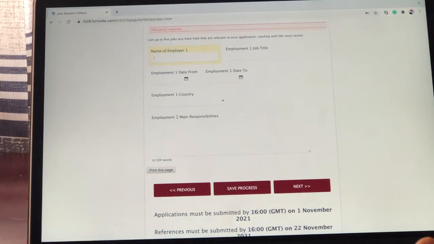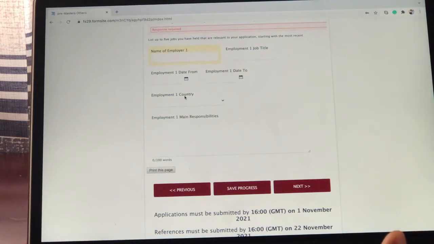So here you will be able to fill in all the information. Name of the employer, just write the company here, and then your title, what you're doing. For example, you can be a program assistant, you can be a lecturer, anything you're doing, just write it here, and then from what date to what date. And if you are currently in that job and you don't know when you will finish, I personally, if I were you, would just leave this blank because I don't know when I'll end the job. But yeah, you can just leave this one blank.